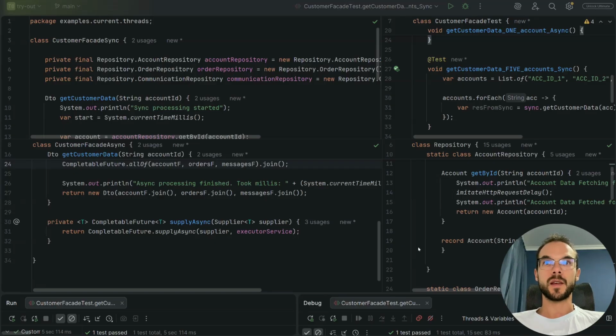If your next step depends on the previous result, you use synchronous code. If you have independent input-output tasks, like fetching data from multiple microservices or databases, always use asynchronous, and this will